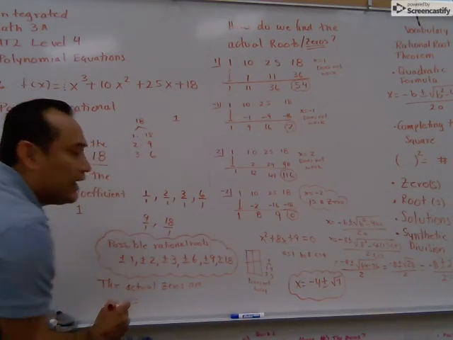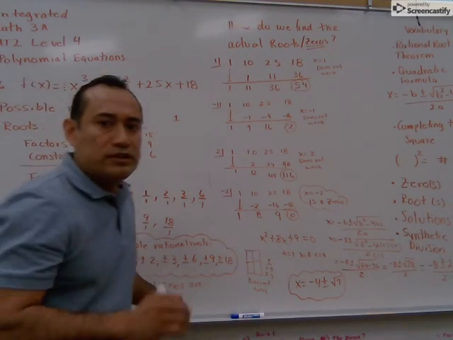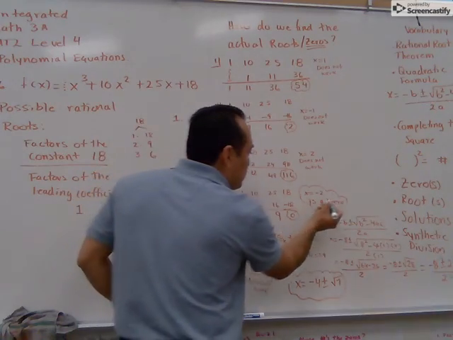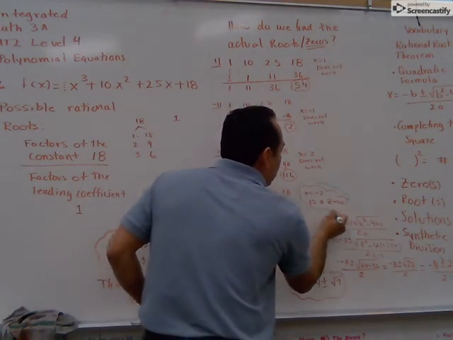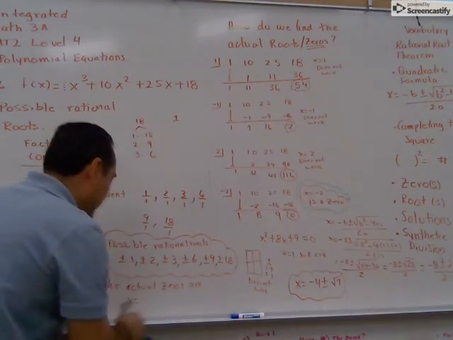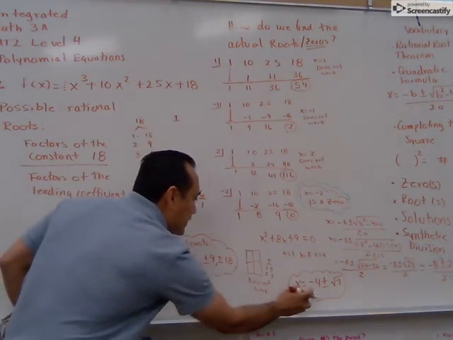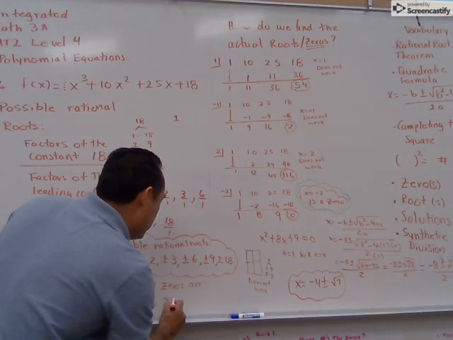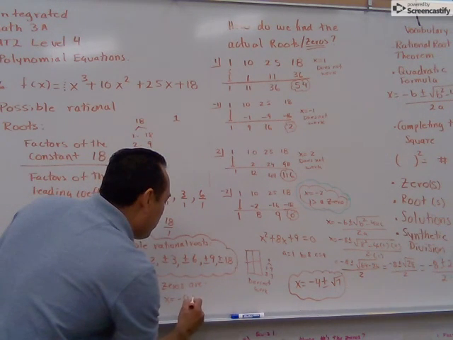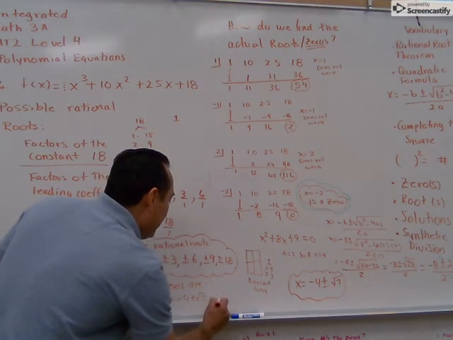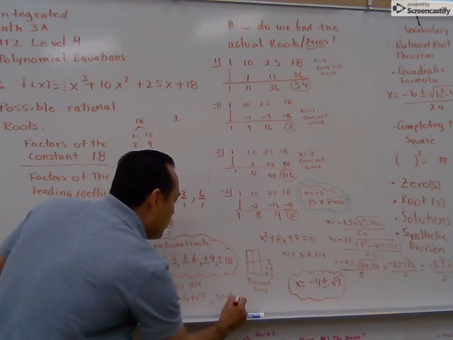The first one that we got is x equals -2 from this piece right here. This gave us the first one. So we're going to write x equals -2. And I'm going to split this apart. These are the other two. X equals -4 plus the square root of 7, and x equals -4 minus the square